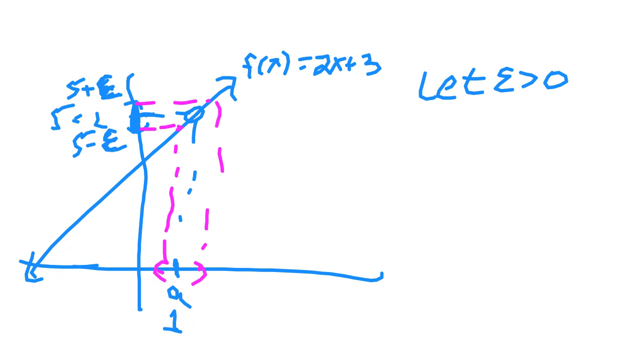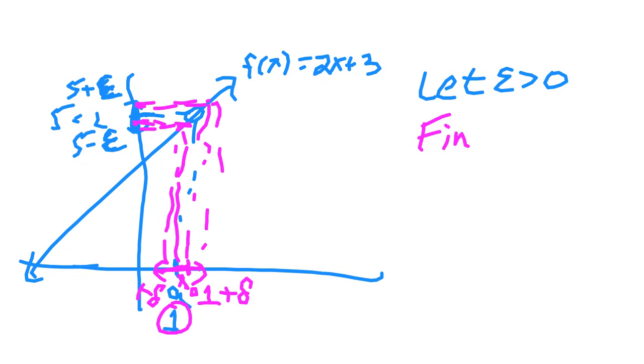If I reverse map this back, basically I want to find a delta window around A. So this would be 1 plus delta to the right of 1 here, and 1 minus delta. And what I want here is I want any x value. So if this is x sub 0, if any particular x is in the delta window here, I want it to map inside the epsilon window. And if I can do that for any given epsilon, then we need to find a delta greater than 0,